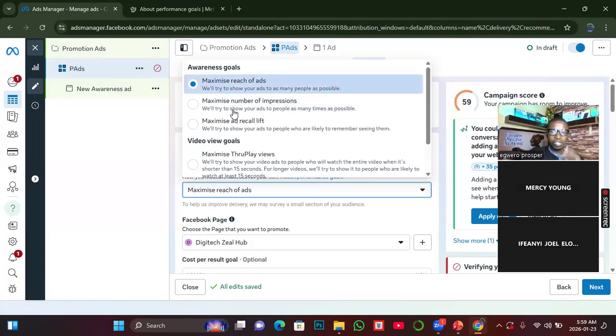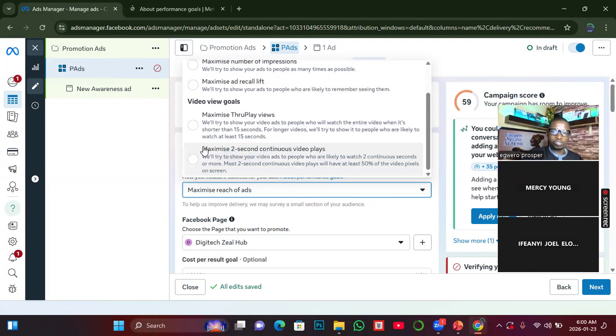So these are still maximize. Then maximize ad recall lift: we will try to show your ad to people who are likely to remember seeing them. And then we have video views goals. All these first ones are for just normal awareness goals. Under video views goals, we have this: we will try to show your video ad to people who will watch the entire video when it's shorter than